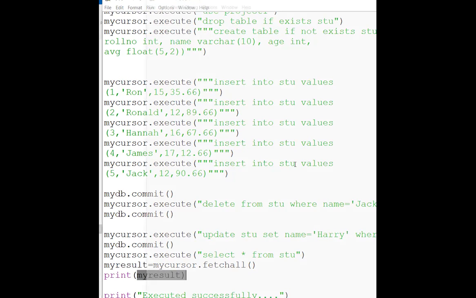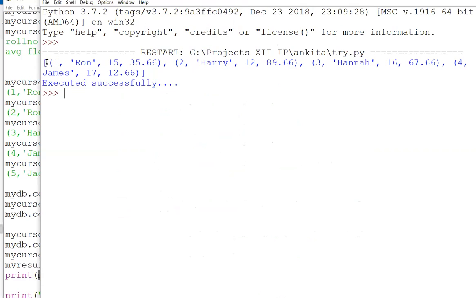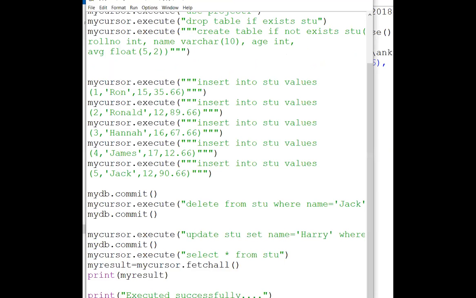So first we will check that. You can see how the information is shown to you. That is in the form of list, and inside the list in the form of tuple. So what we need to do is we need to fetch this. We have to run the loop till the time we are getting the end of this, and then we have to display all the information. So therefore we are going to run the loop for this.